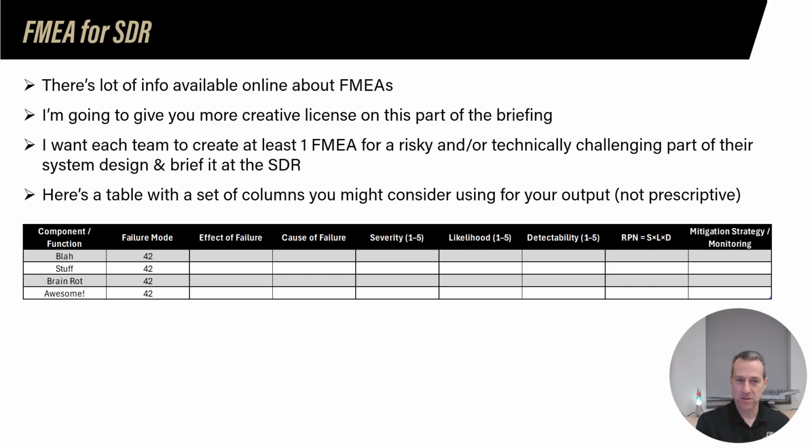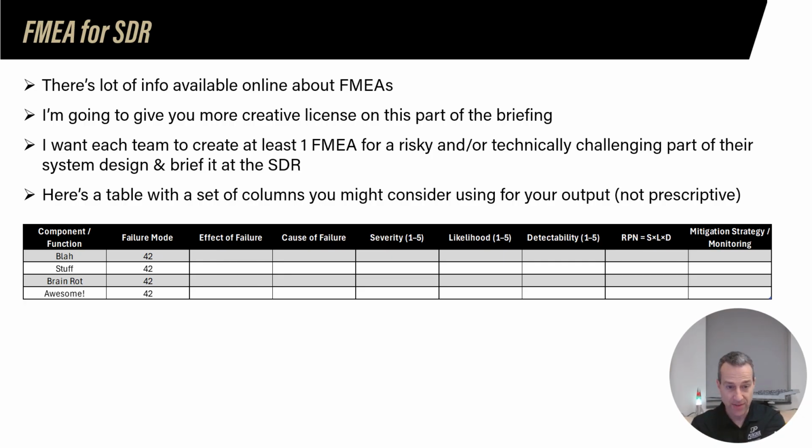For your SDRs, like I said, there's a lot of information available about FMEAs. I want you to have creative license. I want each team to create at least one FMEA for a risky or technically challenging part of their system design, and I want you to brief that at your SDR, okay? This is just a possible structure. At least it has the most essential elements of an FMEA in terms of the information. You don't have to name it in this way, although the severity, likelihood, detectability, and then the computation